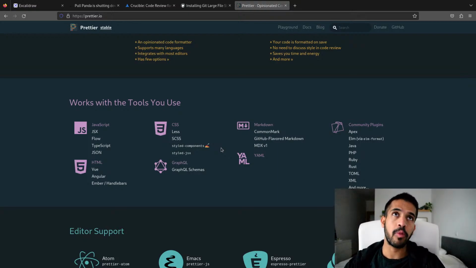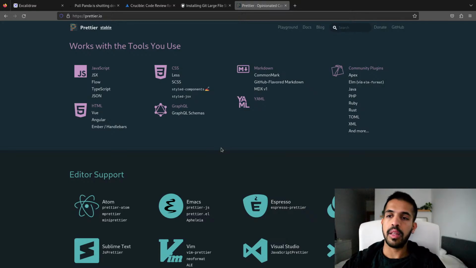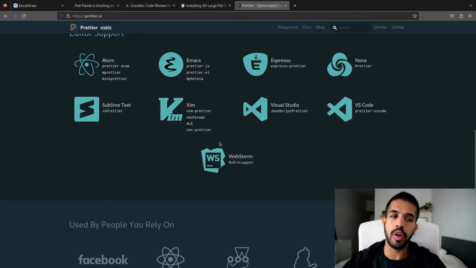If you have the proper plugin set up for your editor, it will automatically apply the stuff that you have defined in Prettier, so that your code is always up to the code style that you set up.